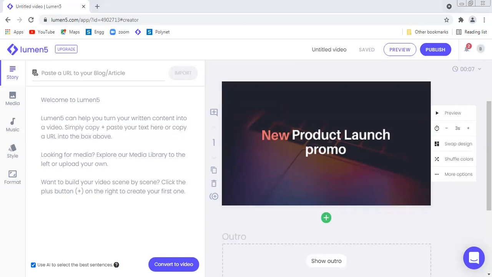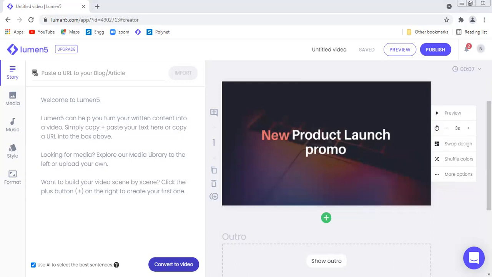Here it is mentioned, use AI, that is artificial intelligence, to select the best sentences and convert to video. Once the story script is imported from a URL, if you click on Convert to Video, it will automatically select the suitable story points and prepare the different slides.